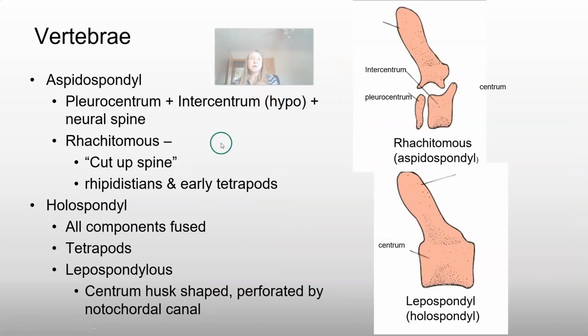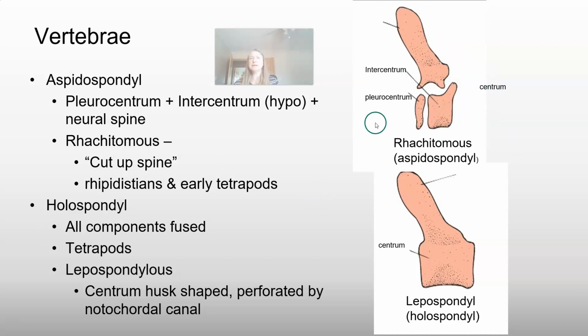All right, so hopefully you paused and watched those videos. And now we're going to get into the vertebrae a little bit because we have to think about what's the structure that affects these functions, okay? So some terms. We have a spondylous vertebrae. When we think about it,